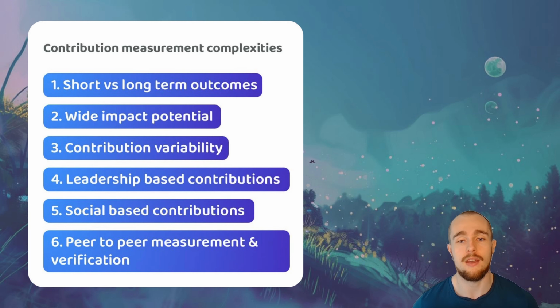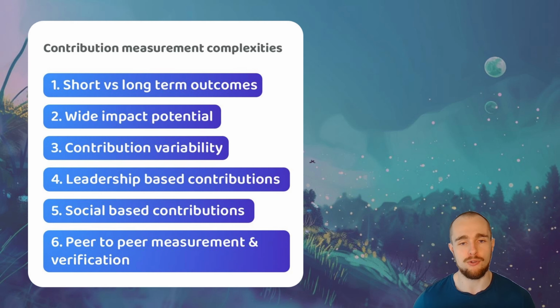Social-based contributions. How contributors interact with one another on a social level can have a big impact on the team's rapport and the overall cohesion and alignment between a group of contributors. Positive contributions to social environments are harder to measure and verify accurately, yet these contributions could be highly valuable to an ecosystem if they help to make a more welcoming and enjoyable place for people to collaborate and solve complex problems.